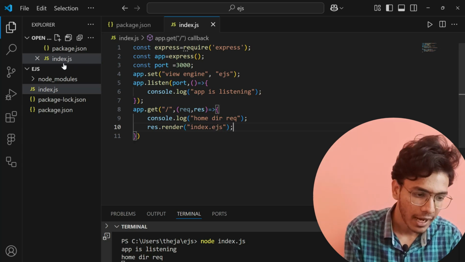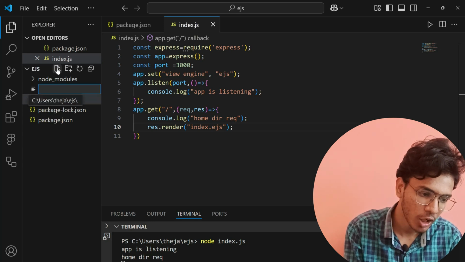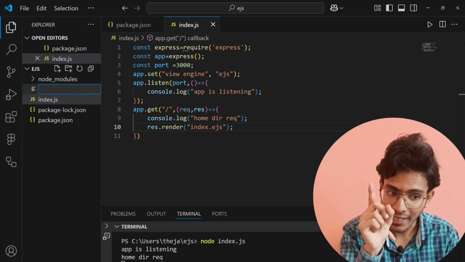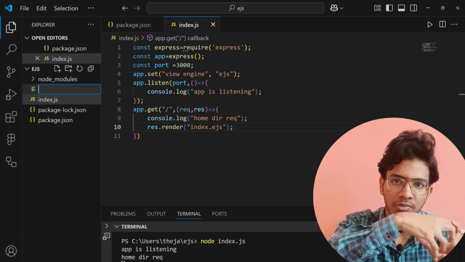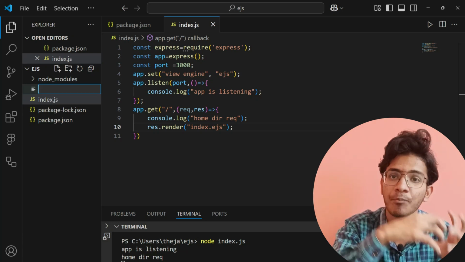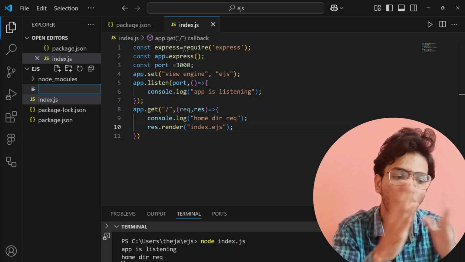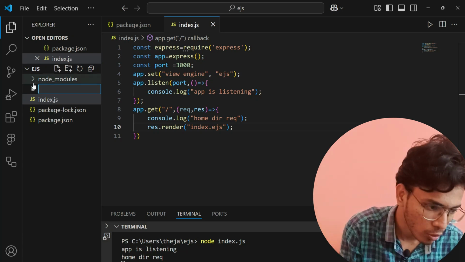So let me save. The thing is, you need to remember that if you are sending something using EJS, then internally, let me show you,